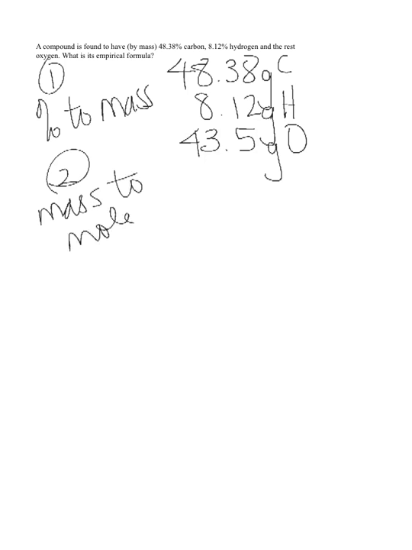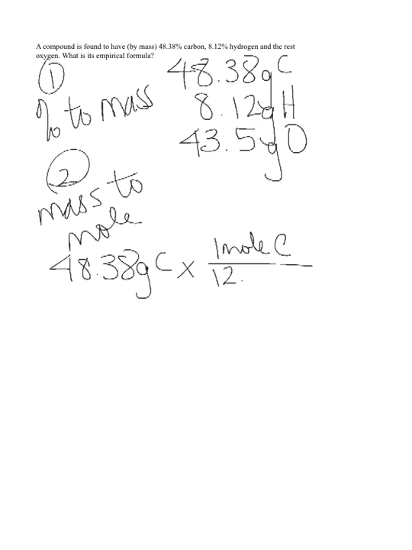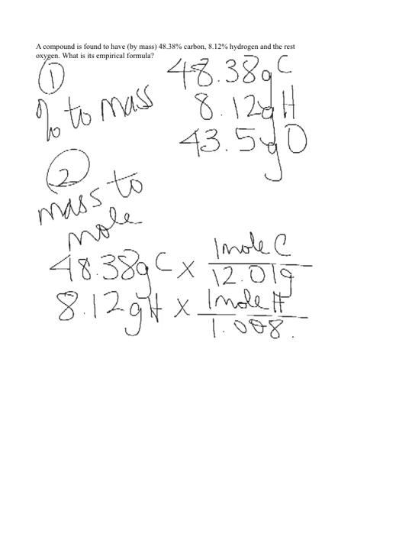Okay, so let's convert all of our masses into moles. This is a step you should be fairly comfortable with by now. We have 48.38 grams of carbon. 1 mole of carbon weighs 12.01 grams. Okay, we have 8.12 grams of hydrogen. 1 mole of hydrogen weighs 1.008 grams. And oxygen, we have